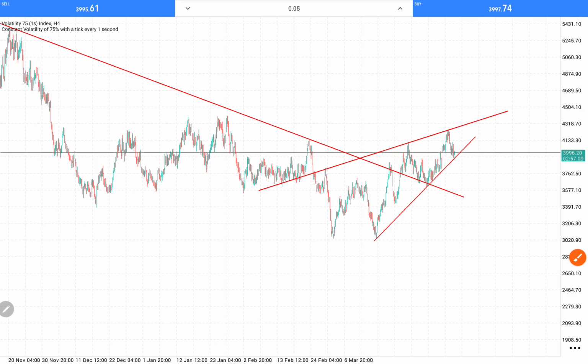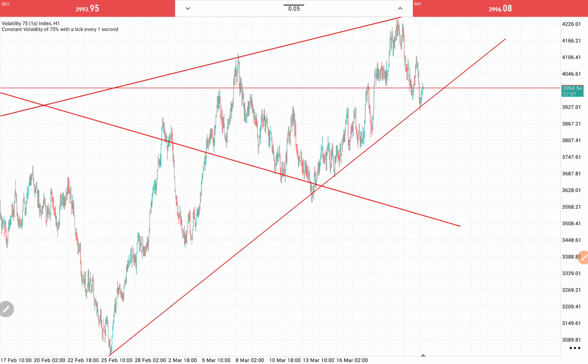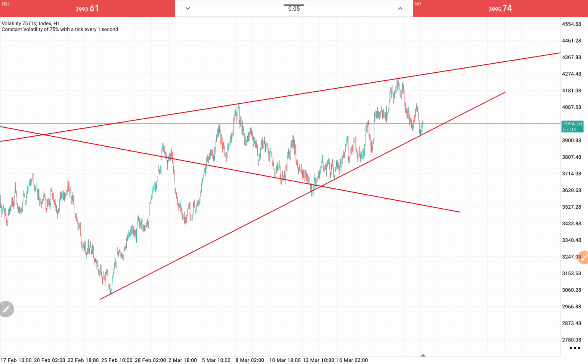So I'm going to go back now to, let's say, the 1 hour time frame so that you see what is happening. Now in the 1 hour time frame, you can see that the market respected this level. Do you understand? It respected this trend line that you are seeing. But